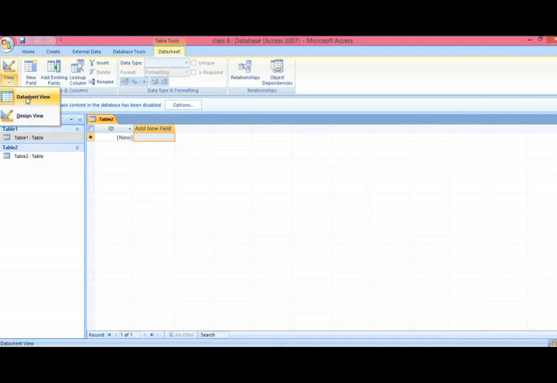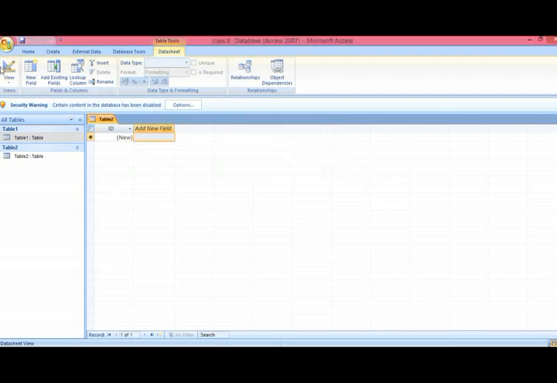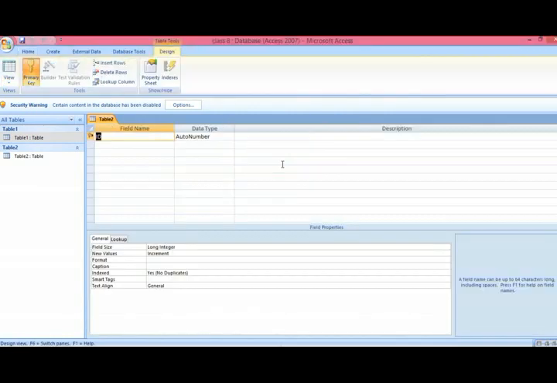One is datasheet view and one is design view. Datasheet view is this type, where you can just see the data in the form of tables, and in design view you have to decide the field types. Let's click on view. We have to write a table name. Okay, this is your design view.